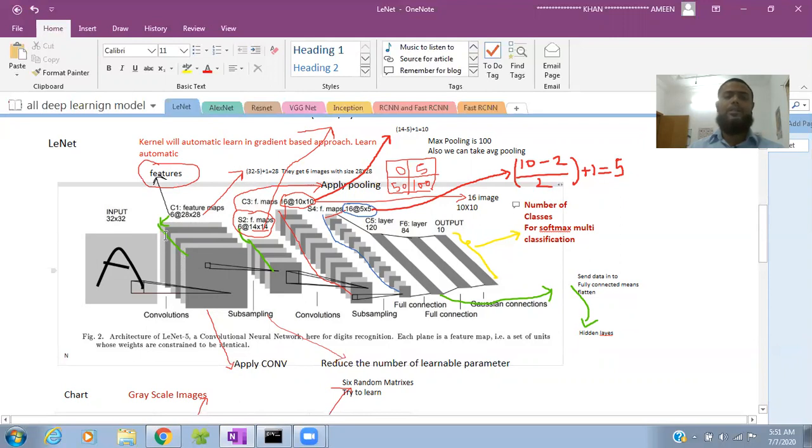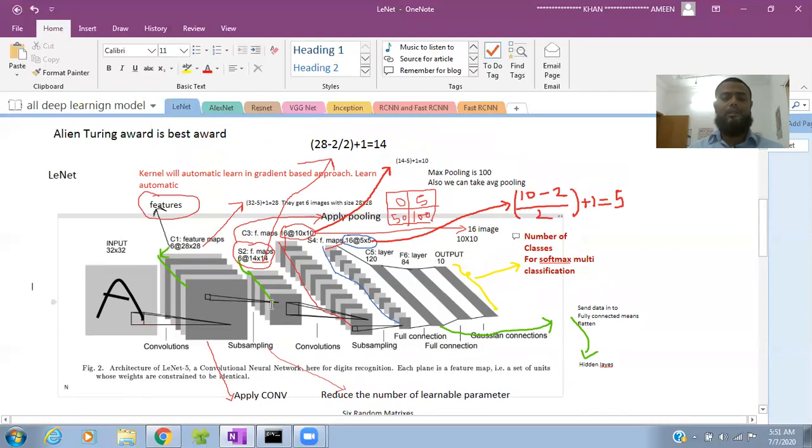So 32 minus 5 plus 1 gives 6 feature maps of size 28 cross 28. This is the formula to find the size of your feature map for the next convolutional layer.